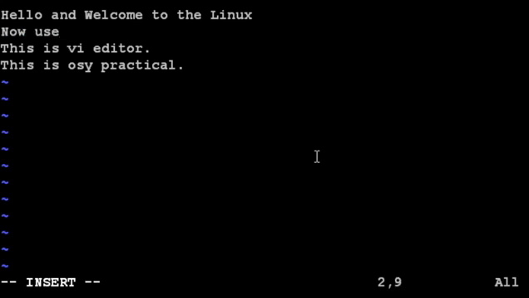For example, I am writing here, now use VI editor, like this. So these all keys are used to go into insert mode, and there you can start writing the text inside the file. Now this is all done with the insert mode. The next types of keys are